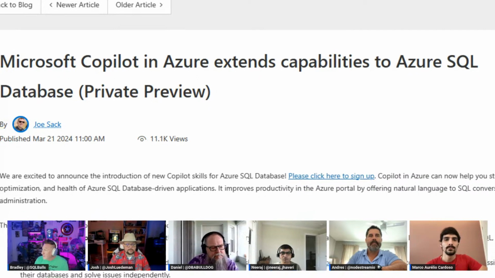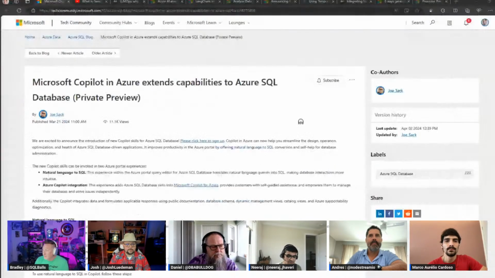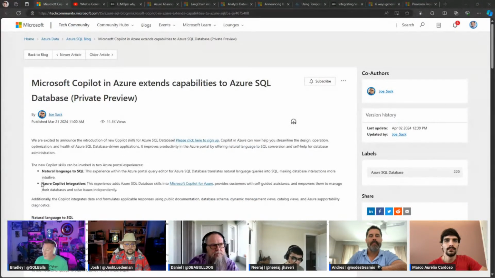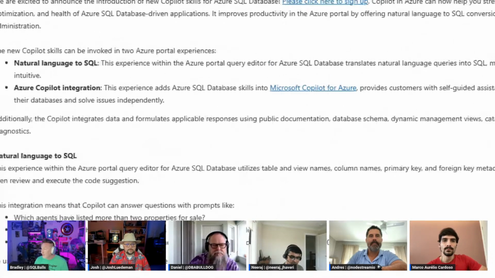And we have announced recently that we've extended these capabilities to Azure SQL Database in private preview. Specifically, we have introduced the natural language and the Azure Copilot integration. Aaron Stellato and Buck Woody did an amazing demo of this on the SQL Bits keynote. If you have not seen that, SQL Bits put it out live.